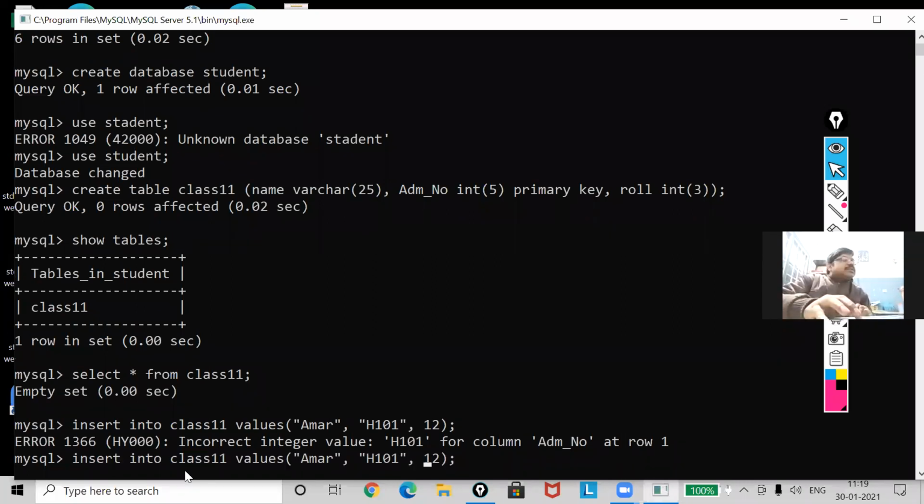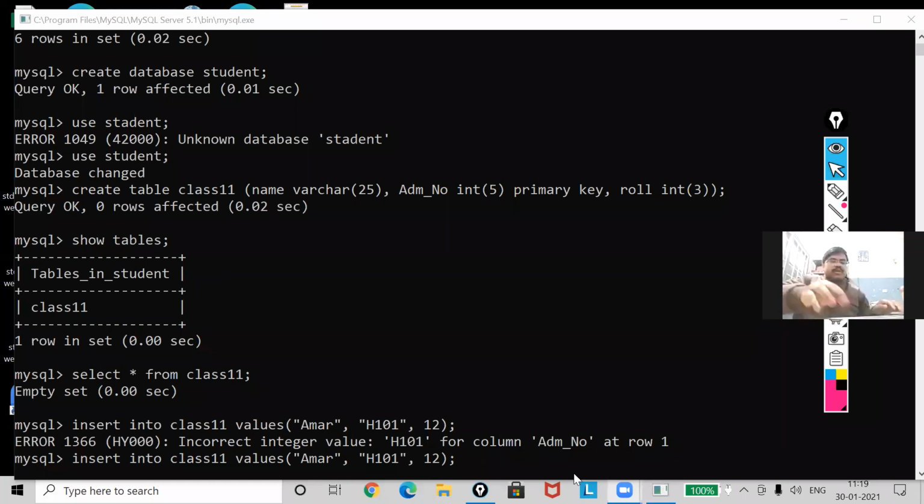Yes, insert into class 11 values. Yes, wait.